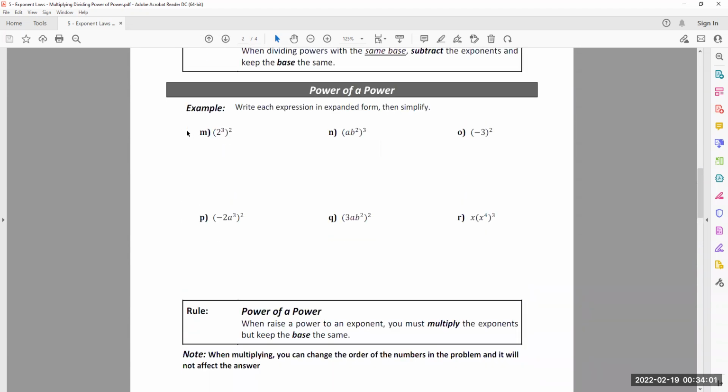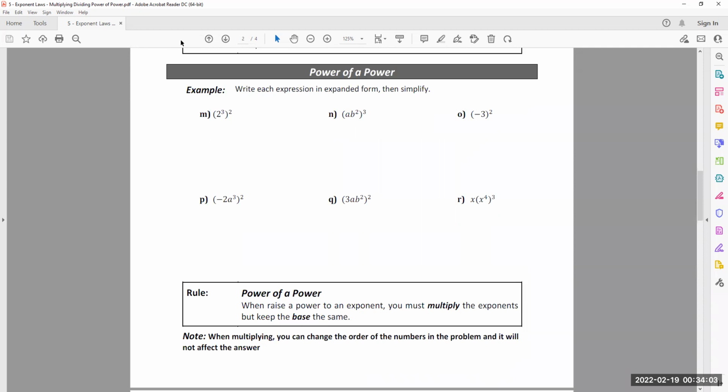Our final rule of the day is a power of a power. And what that rule is, if you see an exponent on top of an exponent like this, what's going to happen is not adding, you are going to multiply. So the answer to this is 2 to the power of 6, right? For this one,